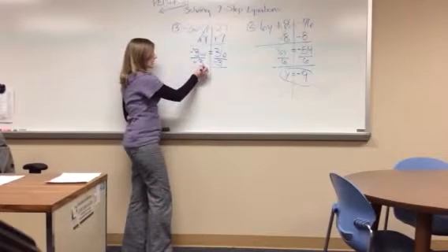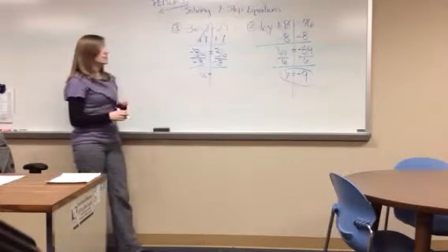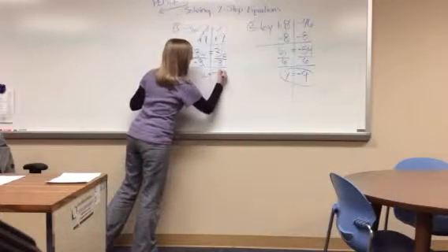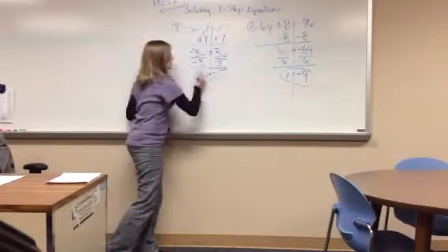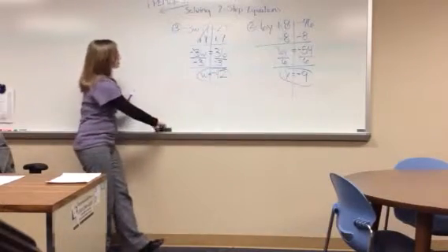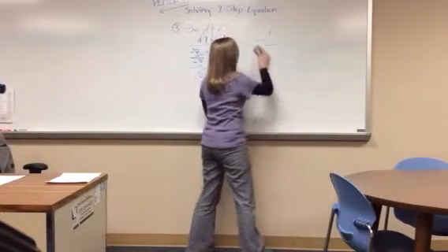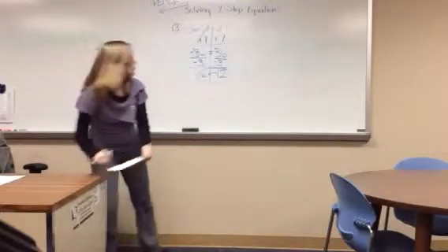My -3's will cancel. I get w equals 36 divided by -3 is -12. The signs are different, so it has to be negative. And that's our answer. All right, one more like that. Number 4. We have